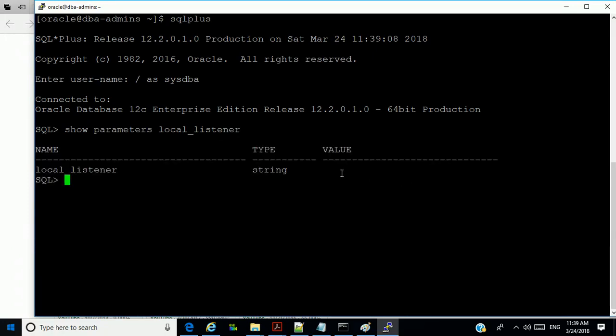You see that it's blank here. The value is blank because before now we've used the default value of 1521. Now I have to change this value so it matches the value for the local listener in this. So it goes like this: alter system set local listener equal to,